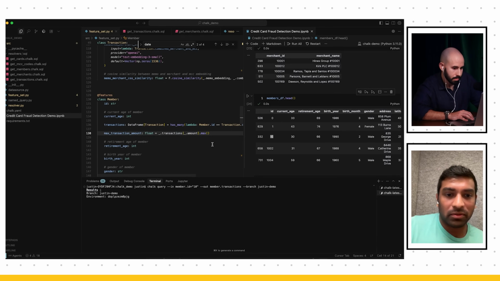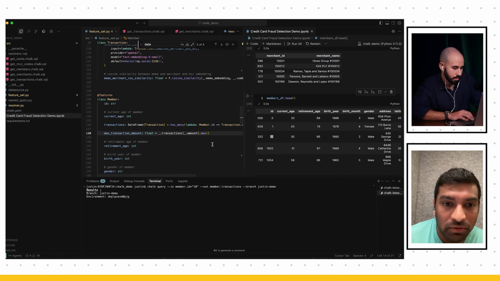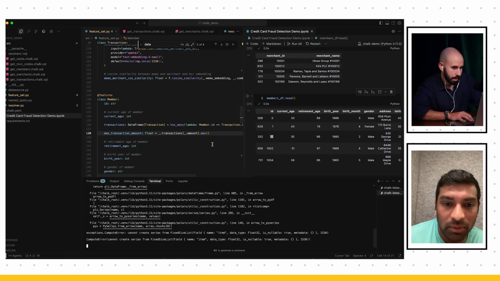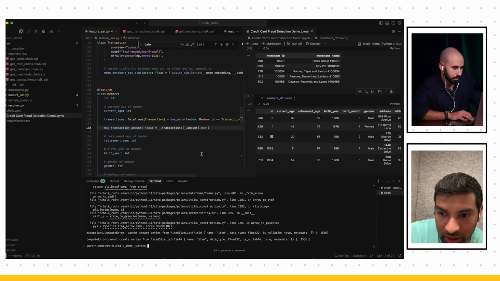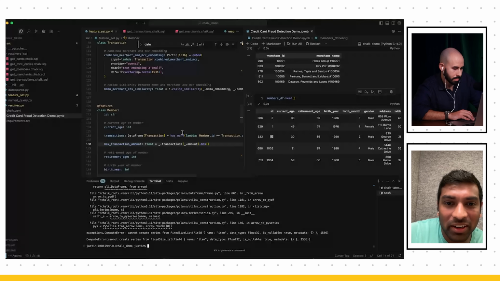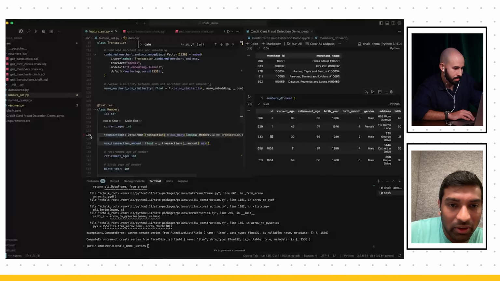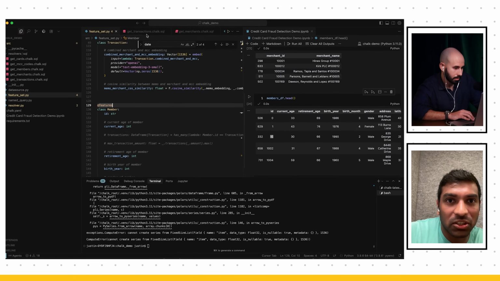This might be a little bit more expensive, since a member might have thousands or hundreds of thousands of transactions, but same underlying concept under the hood. Okay, so this might have been a little bit too large to return. But under the hood, it's the same concept where it's just going out and grabbing all those transactions. So let me just comment this out,